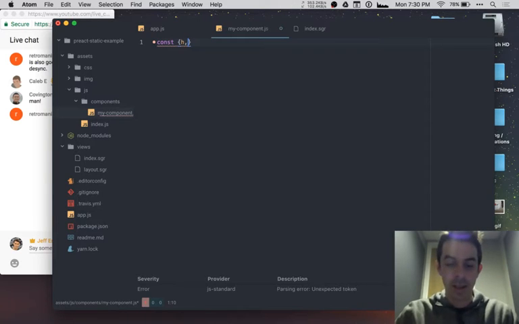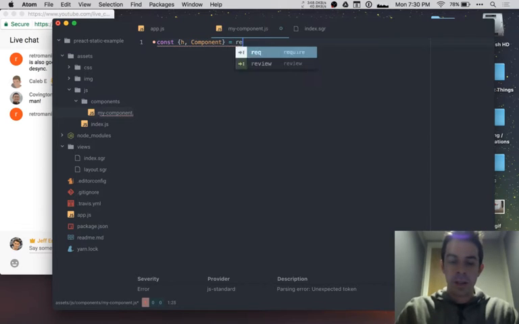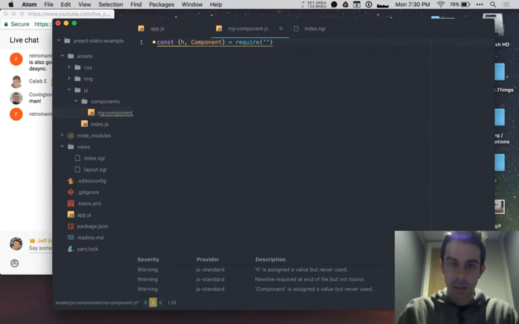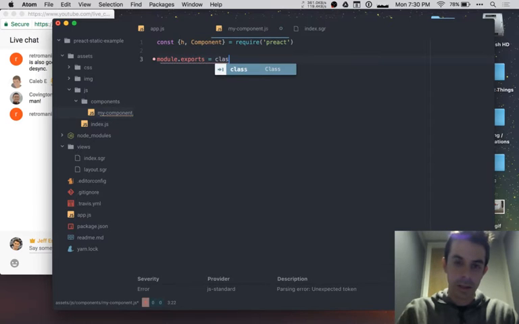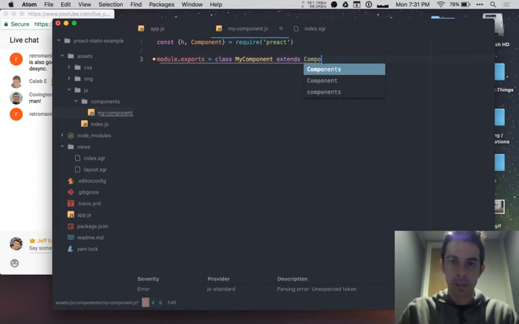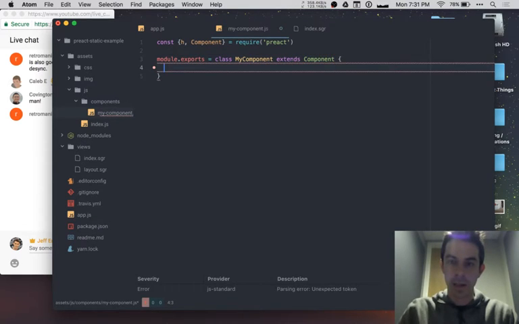And I'll import component as well, which is the main component class, and then we require Preact here. Okay, cool. So then I can do module.exports equals, and I can do class myComponent extends component from Preact, and